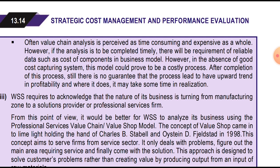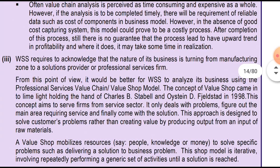So the outcome cannot be guaranteed; it cannot be said that it will have an upward trend or generate a profit for the company. Where it does, it takes some time in its realization. Okay, WSS requires to acknowledge the nature of the